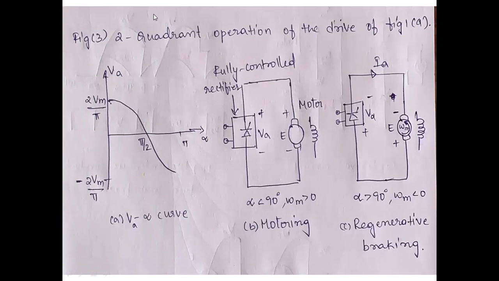First we have to describe the controller and the discontinuous and continuous modes, and after that you have to go practically for the equations of both continuous and discontinuous modes. Later you have to explain the speed torque characteristics and the two quadrant operations.